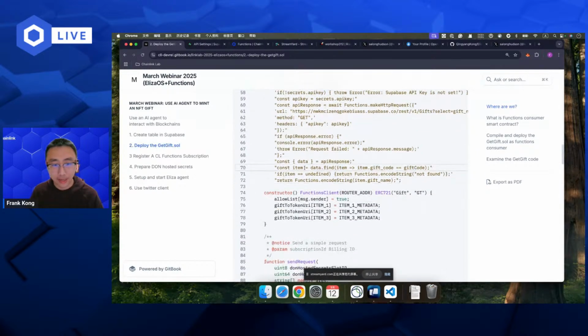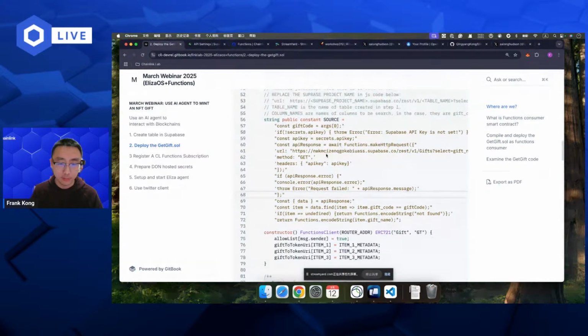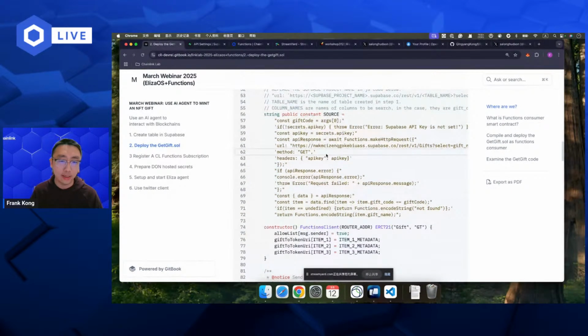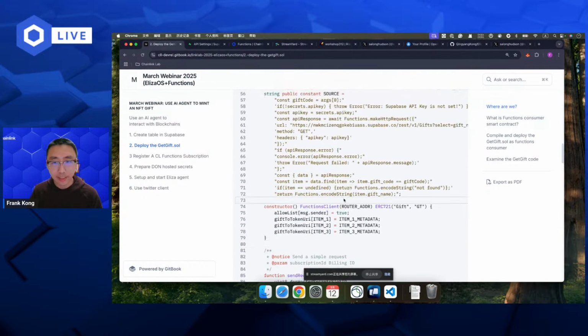If the item exists, we will return that. If not, we will just return not found. This is a very simple HTTP GET request, and we just allow the DON to execute this JavaScript and get the data from the Supabase table.